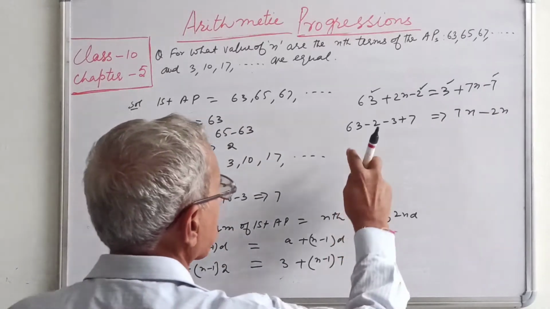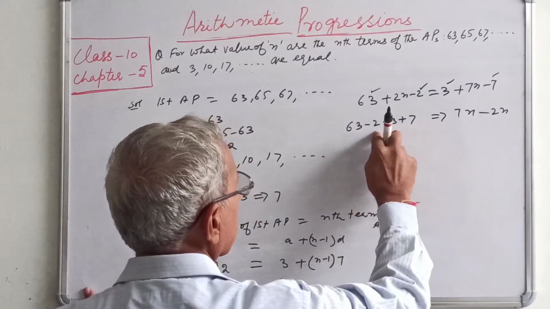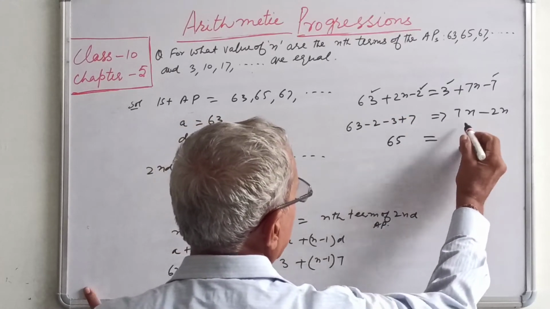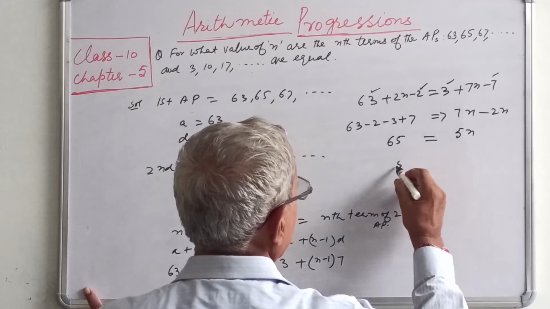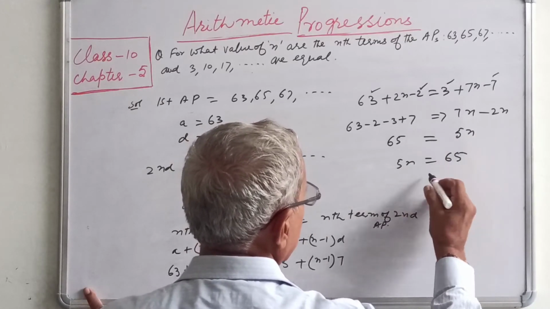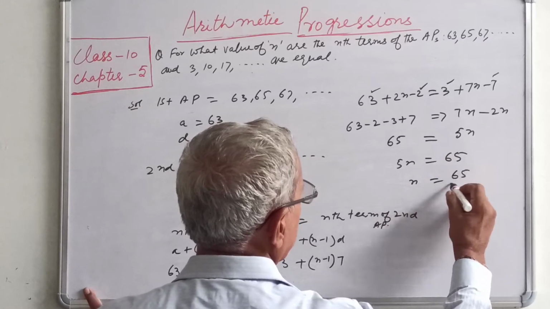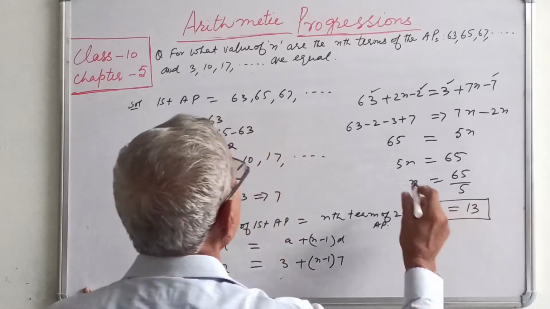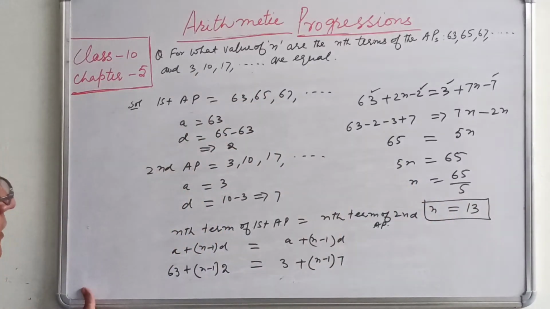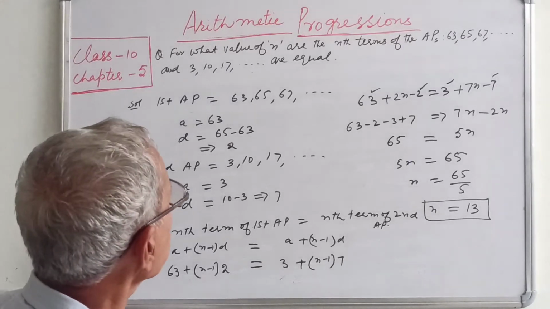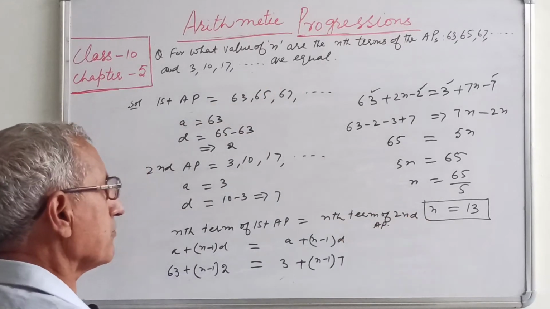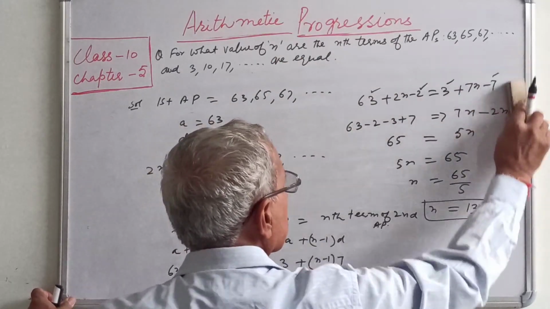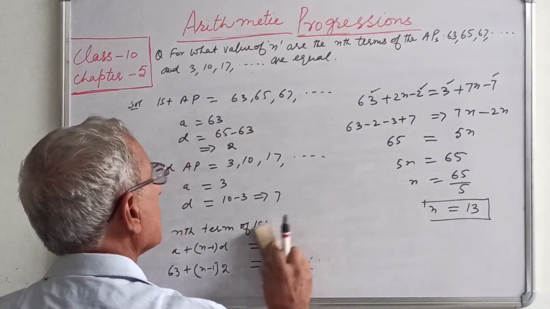So ये बना 63 plus 7 70, 70 में से माइनस किया 5 तो आ गया 65 और इधर हो गया 5n. So 5n is equal to 65, n की वैल्यू आ गई 65 divided by 5, that is 13. So the 13th term of these APs will be equal. The two APs are given, so इसके लिए हमें n value निकाली थी, which is the n value for this term. The nth term will be equal, means 13th term of these two APs will be equal.